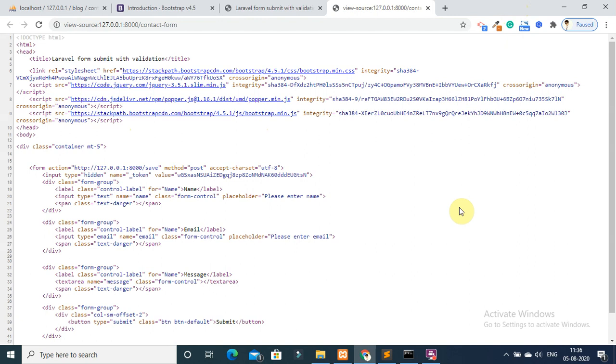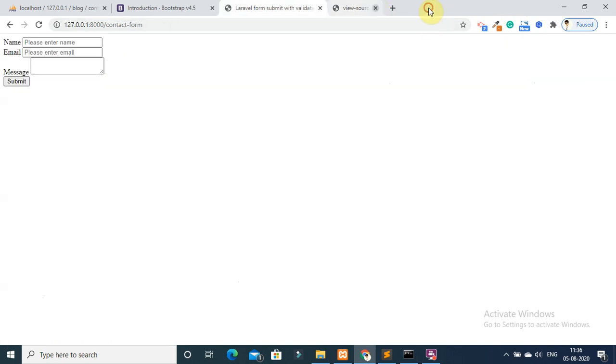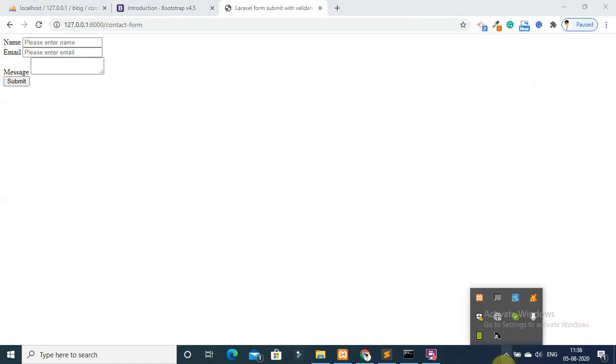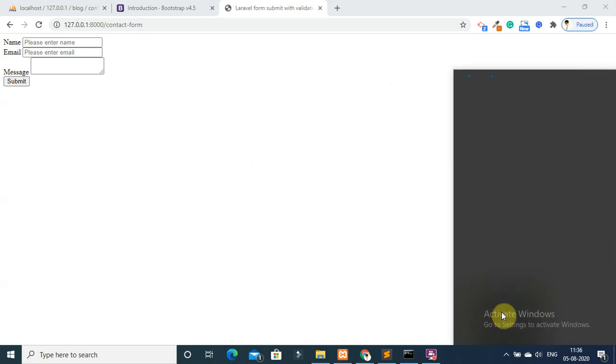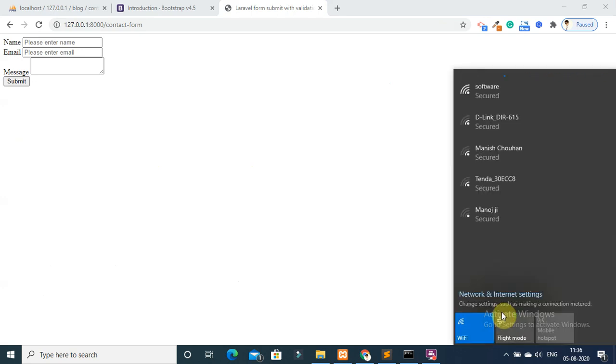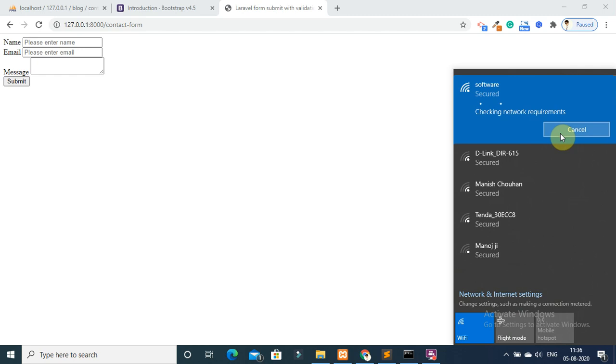My internet connection is down, so this form is not showing properly. I hope I connect again.